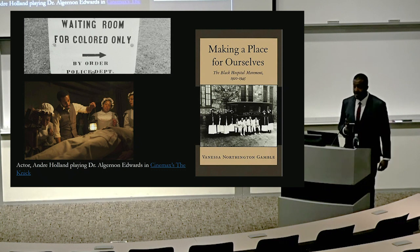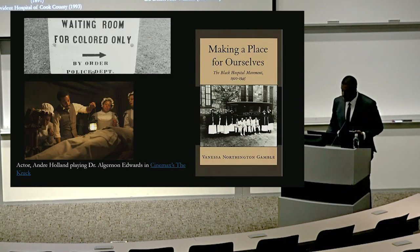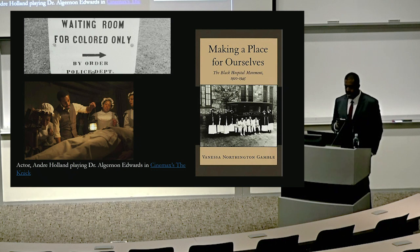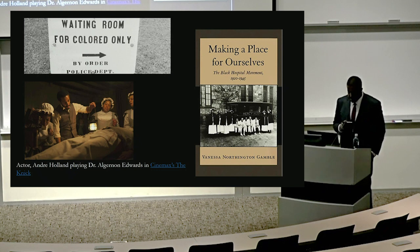As Stephen described here, even at Barnes Hospital, they were admitted for care. They were treated in basement wards if they were admitted to hospitals at all. And these basement wards, these colored wards, often appeared in basements, attics, and auxiliary buildings where Black people were treated. And this often translated into inferior service and treatment. And here I have an image from the recent show, The Knick, that actually dramatizes this history of racial separation